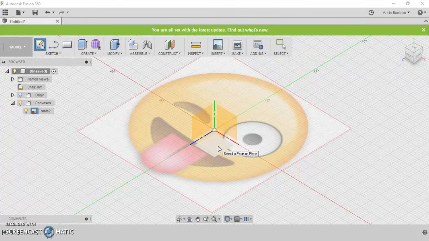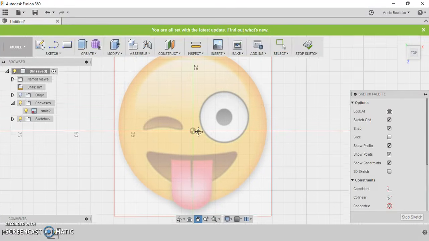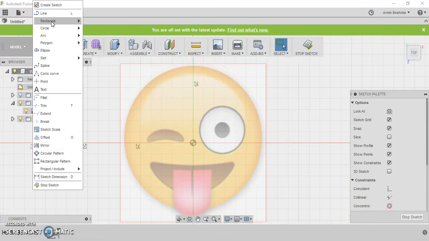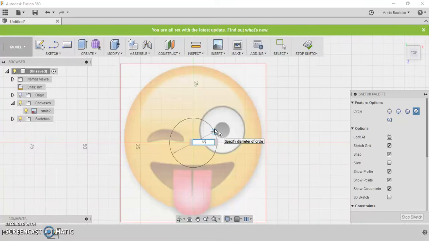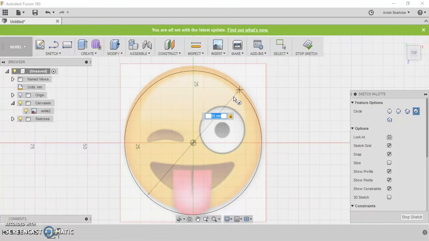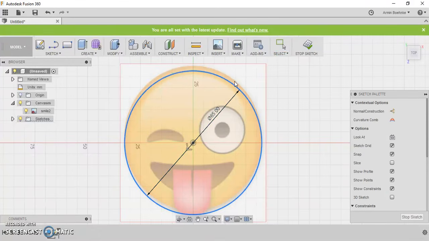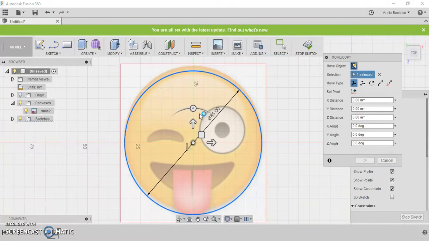I'll select the same plane that I used for pasting the image on, and then basic sketch tools. So we've got our circle. Now I know that wants to be 65 mil, so it's roughly that size there. I can always move this one here if I want to, so if I right click and I go to move, and then